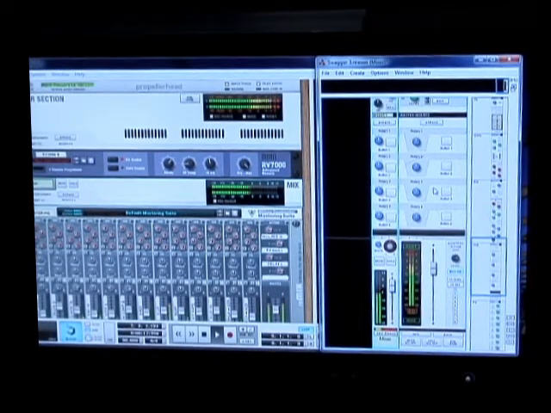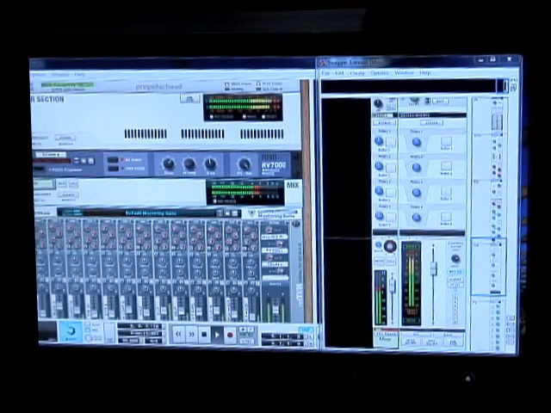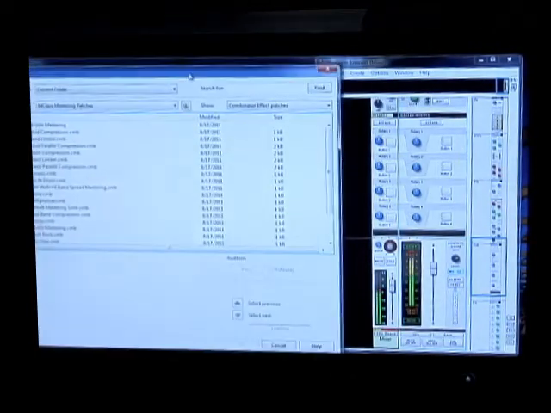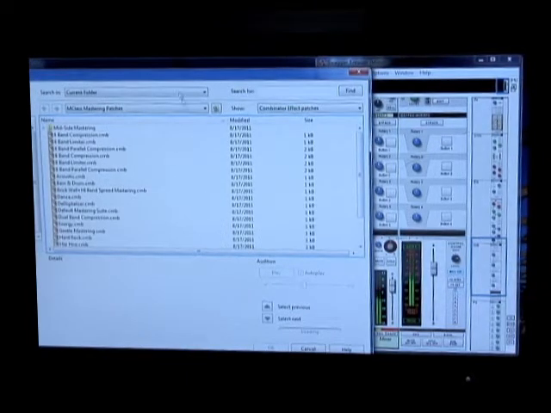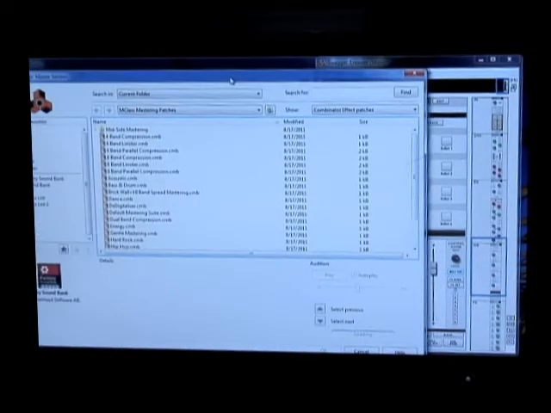What you want to do here is right click, left click, open up the browser, and then it's going to open up some effects options for you to go through. Now, I don't know if you can see this or not, but the easiest way to do this and handle this